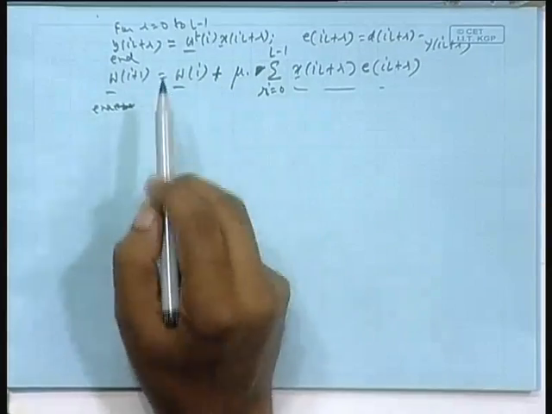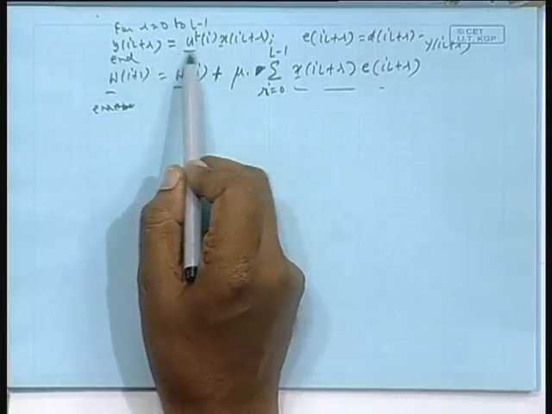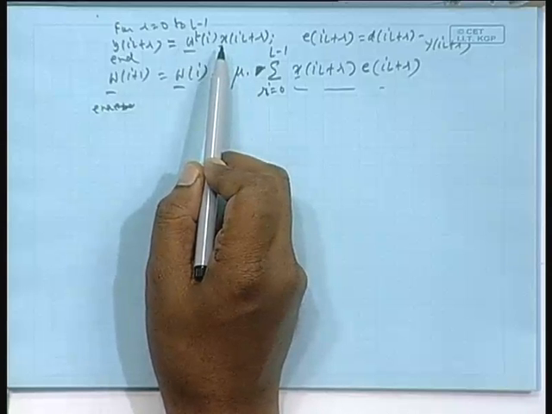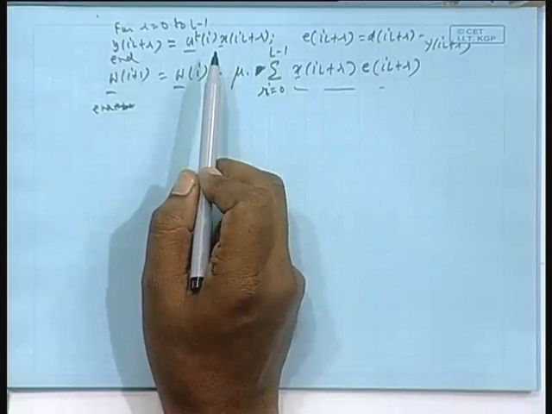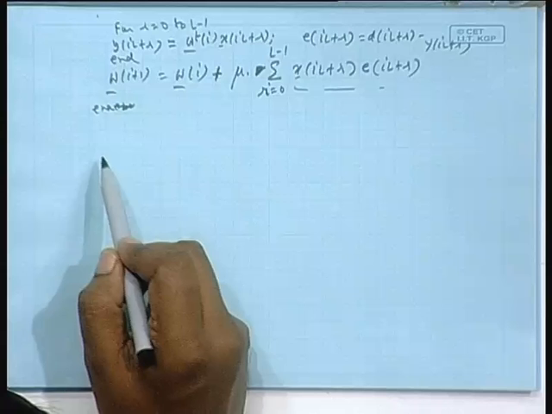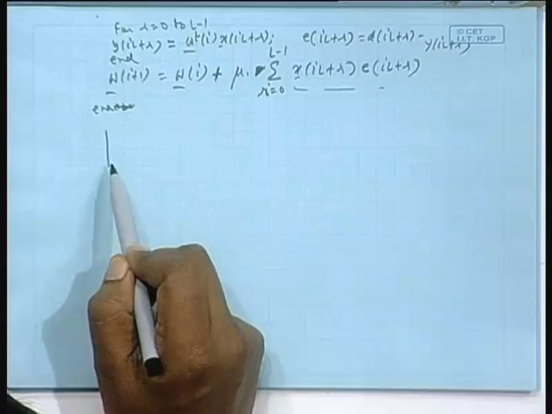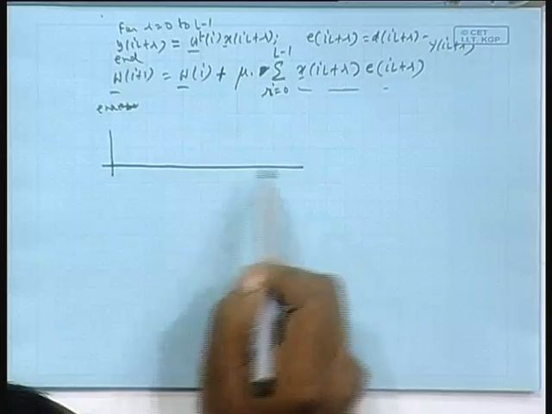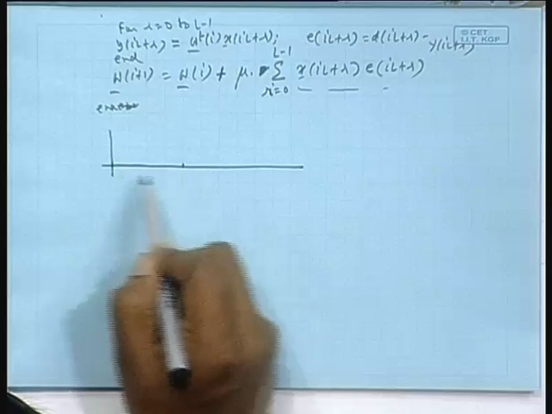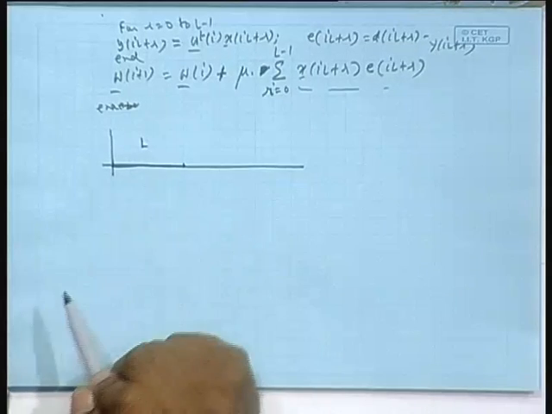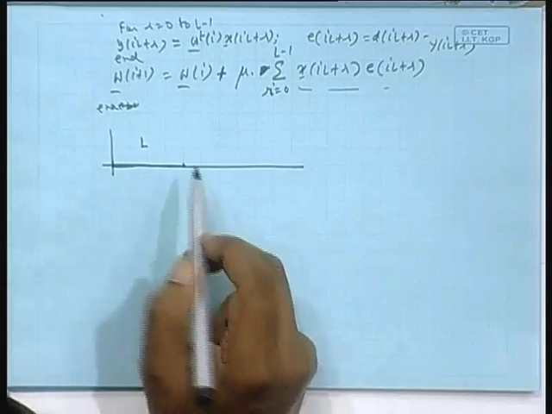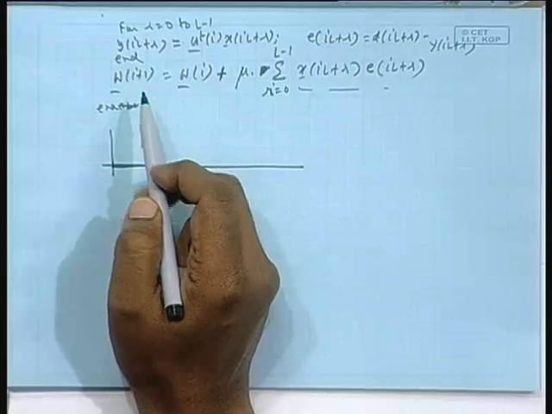Remember one thing, what we discussed yesterday, in the filtering part, we will follow overlap and save. In the overlap and save, what do we do? How will the blocks then be formed? That is, we have to discuss that first. Suppose this is a block of length L. And what is the filter length? Filter length is capital N.